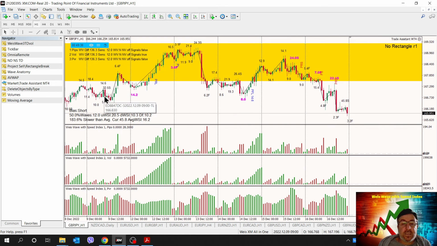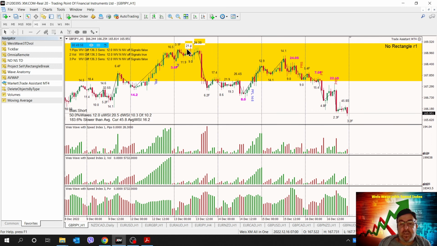Speed index is alerting me that something is cooking because I got two consecutive speed index numbers of 21 and 24.3, while the average is 16.2. No, the average of 16.2 is now.